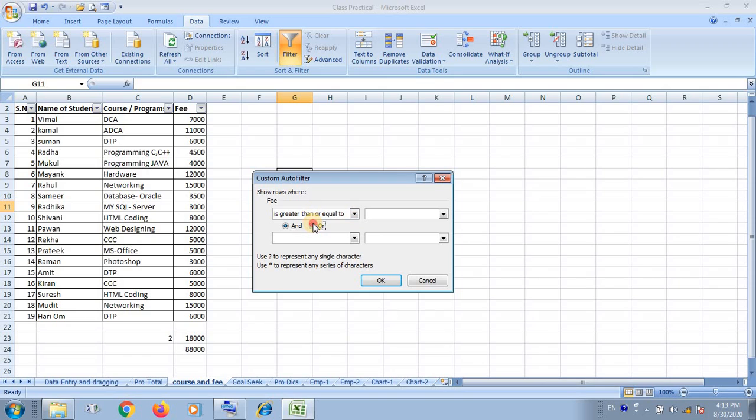If you want to calculate, then you have to use this.